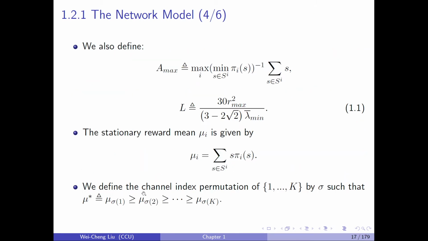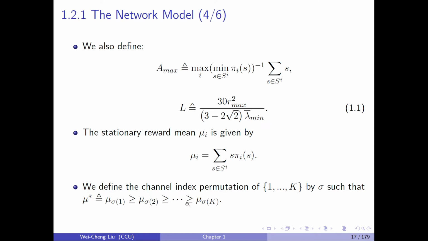We define the channel index permutation of 1 to capital K by sigma such that mu star is defined as mu sigma of 1, which is greater than or equal to mu sigma of 2, which is greater than or equal to